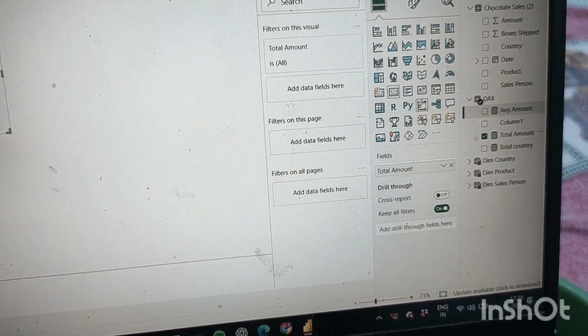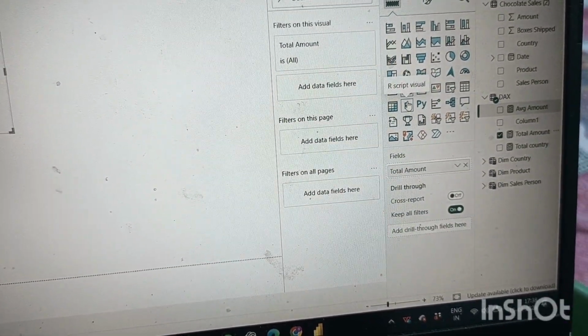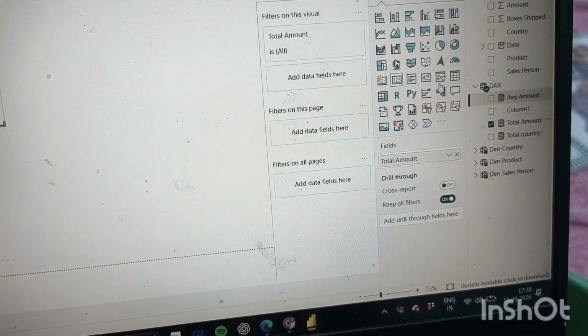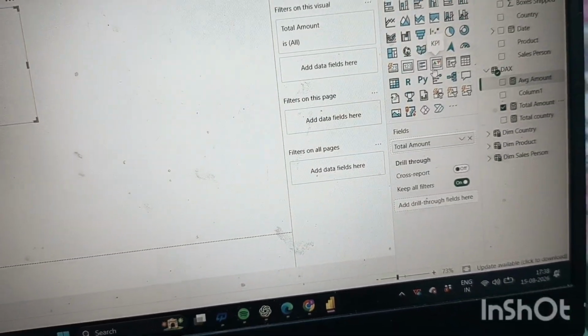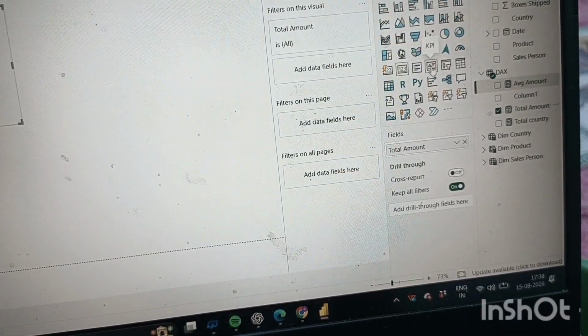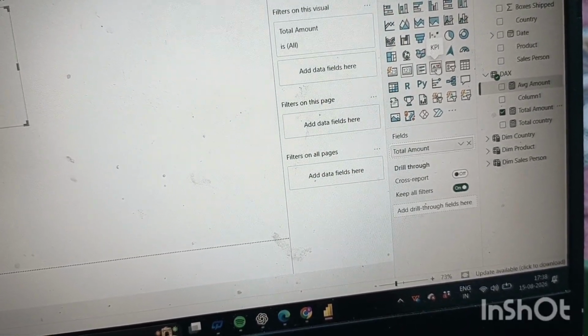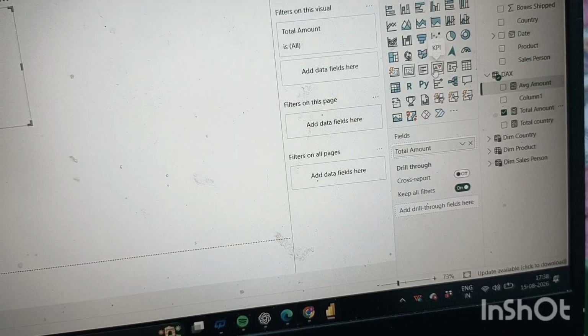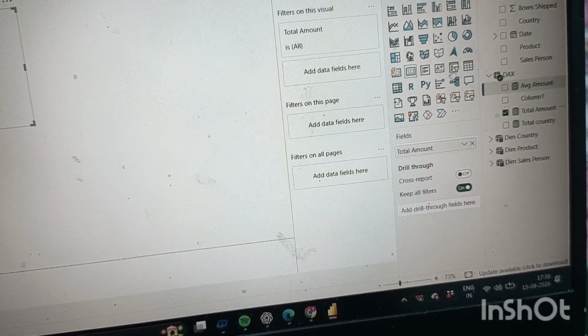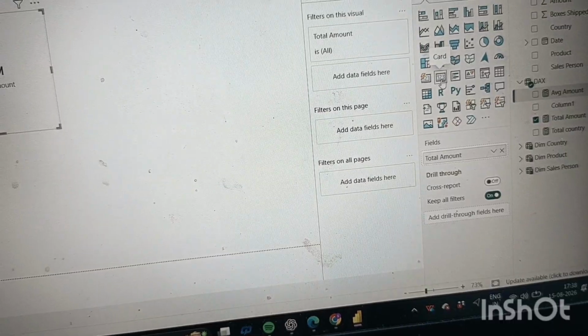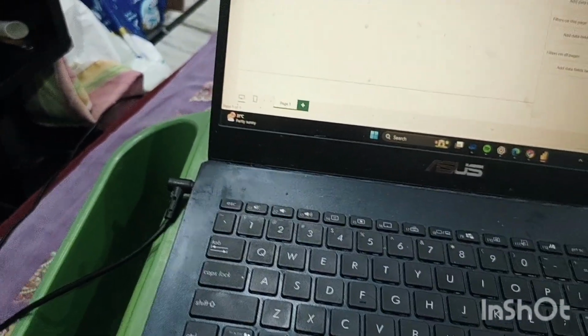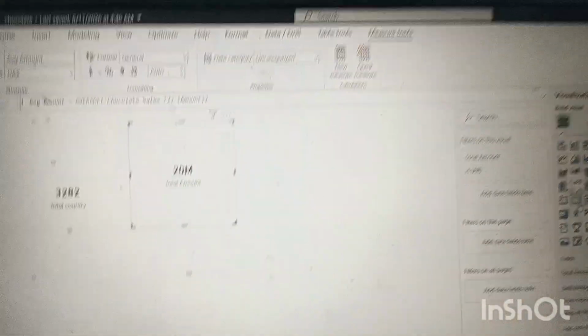And there is also another thing, KPI. There are two kinds of KPIs. So the second one is this one. We will not use this kind of KPI because this one is for an advanced level, to calculate any kind of function; only then can we use it. The one written 1 2 3 is the card. That is KPI also. So like that, guys.